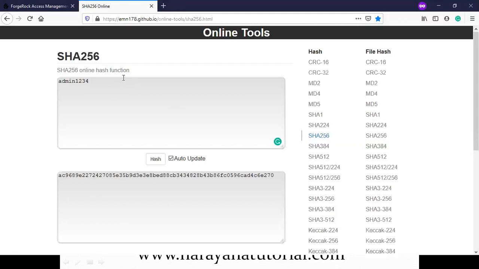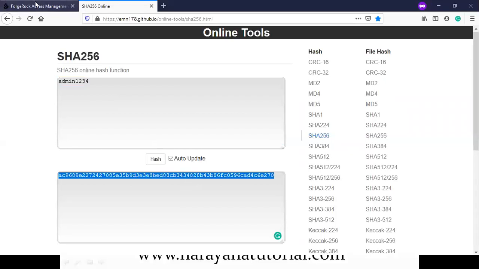Online we have many websites to get the encryption keys and all. So you can use one of the best ones, like amn178.github.com. So you can use this URL. I will mention it in the description link. Okay, so this is my key. So that key is encoded like this.